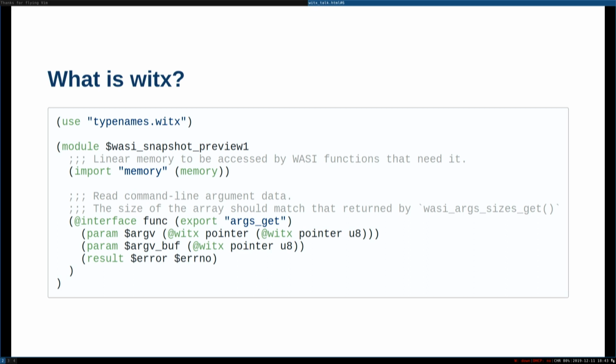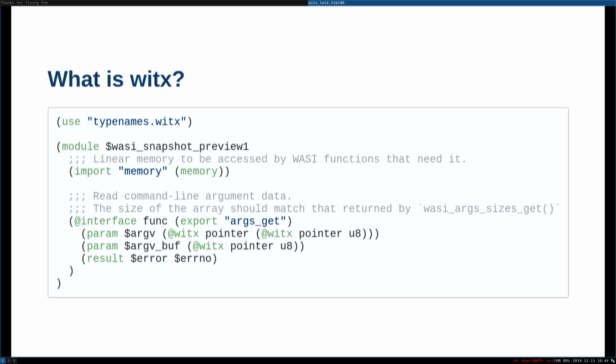So identifiers start with dollar signs, reserved words don't have anything in front of them, and new words that aren't really in the standard yet have an @ sign in front. So that's the interface keyword there, lifted from the interface types, and then there's some stuff that WitX has right now, like pointers. We know we eventually don't want pointers because they aren't really portable across languages in the same way as just saying what a more abstract type is. So those are WitX-specific keywords at the moment.